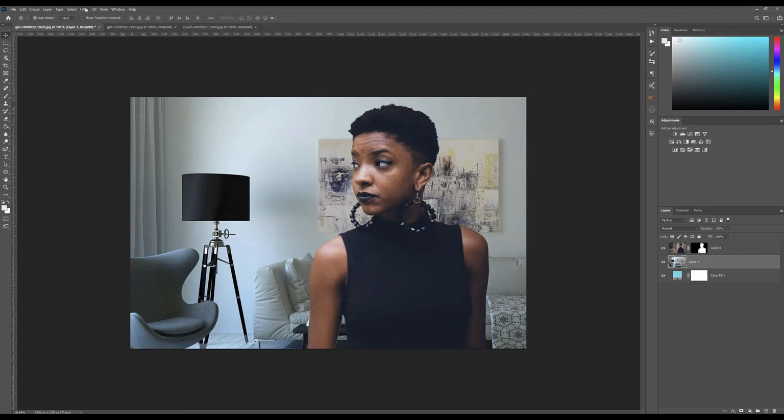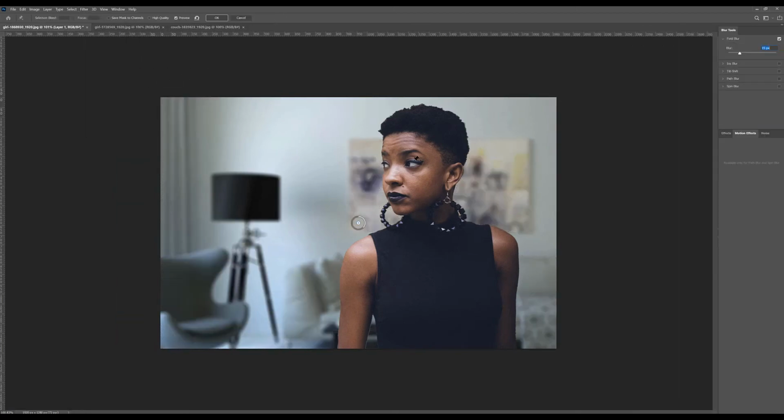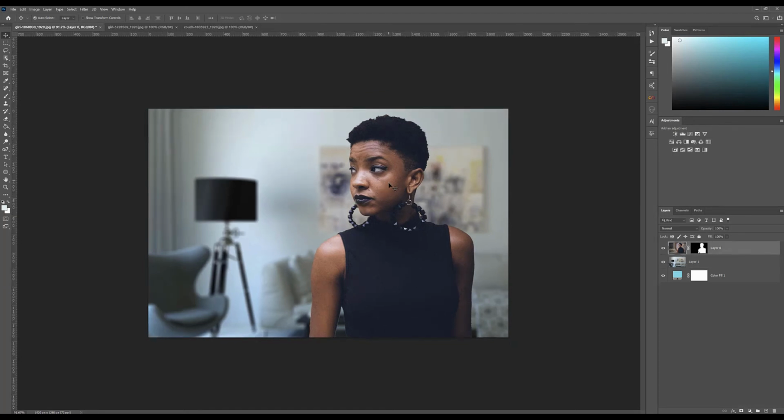Okay, here go to Filter, Blur Gallery, Field Blur, and we have an image. You can increase the blur here, or with this wheel here. This is the blur wheel here. I'm gonna leave it around 14. Click OK. We have an image. I'm gonna drag this image a little bit down,